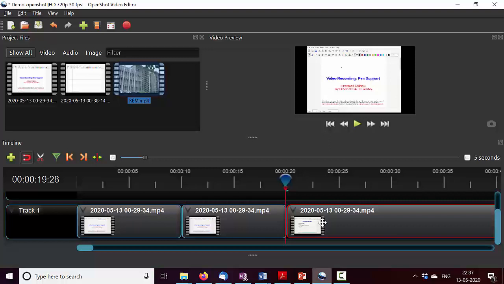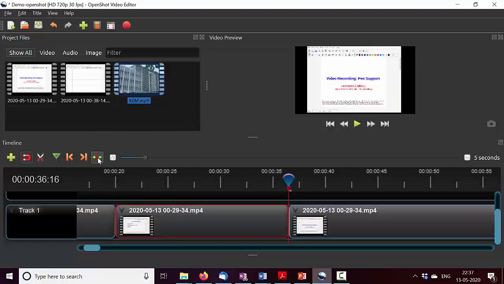So while we are here, I should also mention the purpose of this center the timeline on the playhead. For example, I have moved something here and let's say I did some slicing here. Now the slider is somewhere here, but I want it centered. So for that, if I do this, it will center the slider. So now I can move further and observe what is happening. So this is how you trim videos.